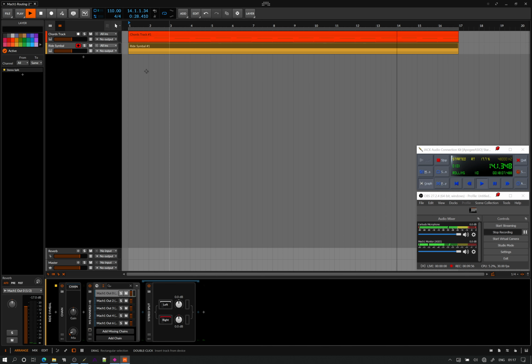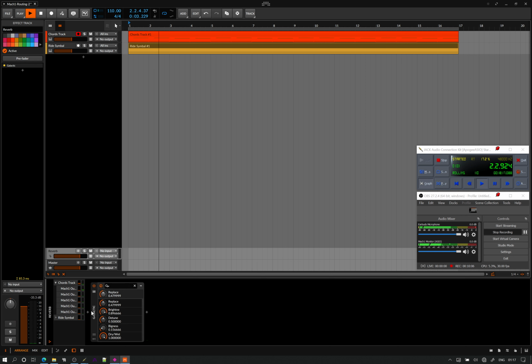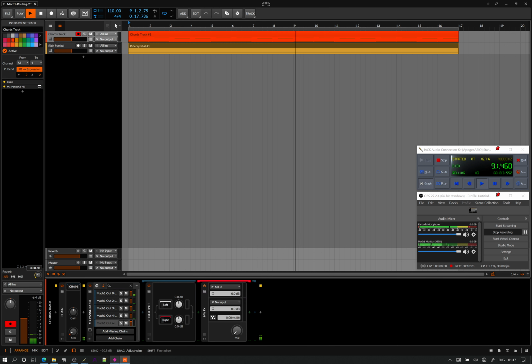The other challenge is effects. You might be able to hear on this chords track there's a little bit of reverb. We've actually got, just as a normal send effect track, Air Windows Galactic, which is just a nice clean reverb sort of sound, and in the normal way you can send to that reverb. Now obviously this is a stereo reverb,